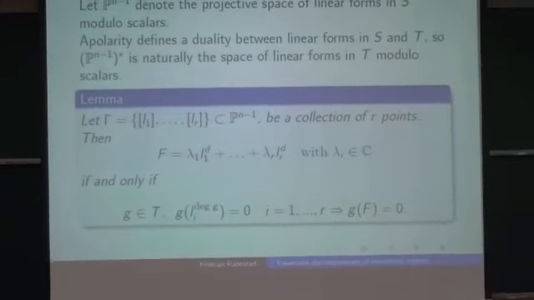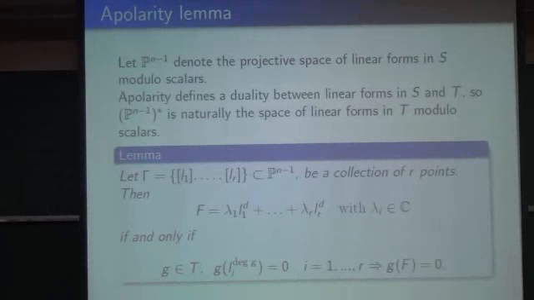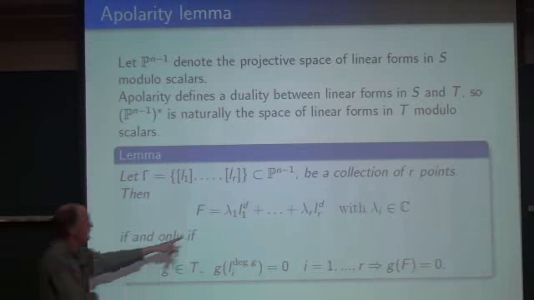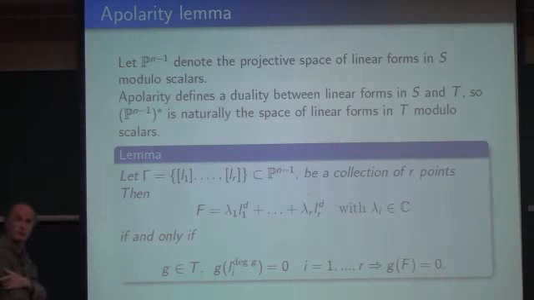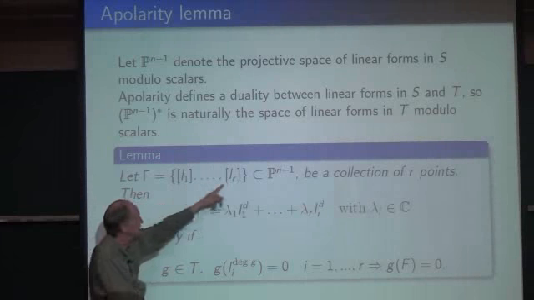So this apolarity given by this differentiation means that you can think of the linear forms of S and T as dual spaces, and so P^{n-1} dual is naturally dual to P^n and is naturally the linear forms in T. And the apolarity lemma, which tells you somehow how to get to these decompositions that I started with in the beginning, and that I've just seen so far for quadratic forms, but can be used in general, is that if you take now a collection of linear forms, L_1 up to L_r,